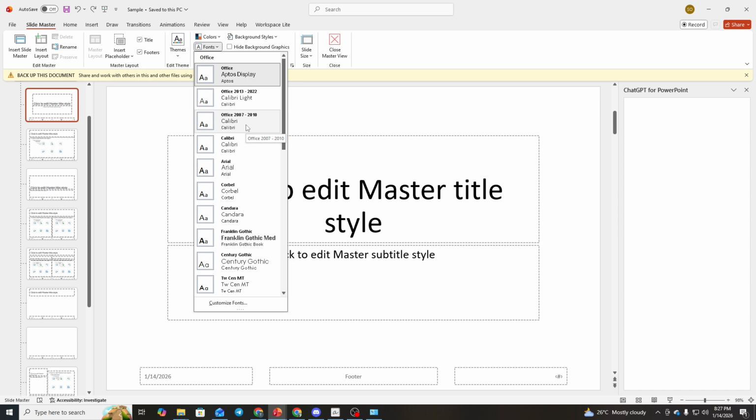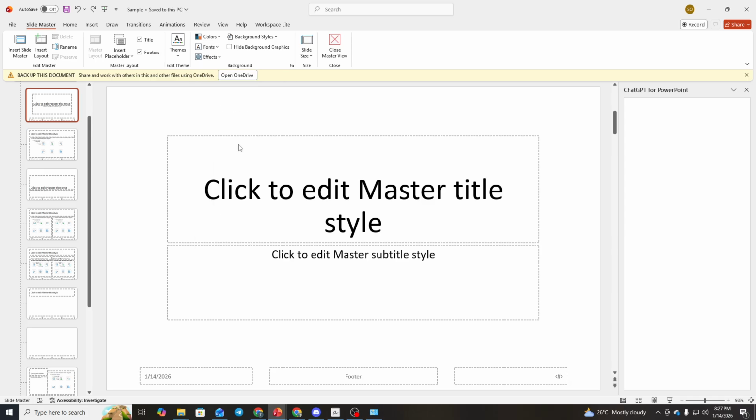A quick tip: choose a font that's commonly available or installed on the computers where you will present, so your text displays as intended. And that's it. You've successfully set a default font in Microsoft PowerPoint, saving time and creating a cohesive design you can build on